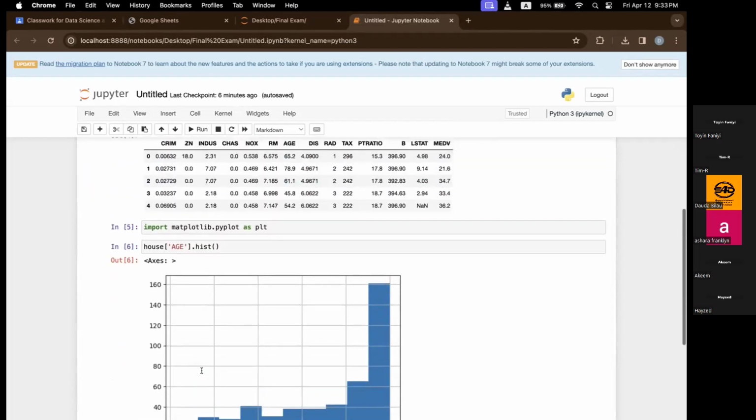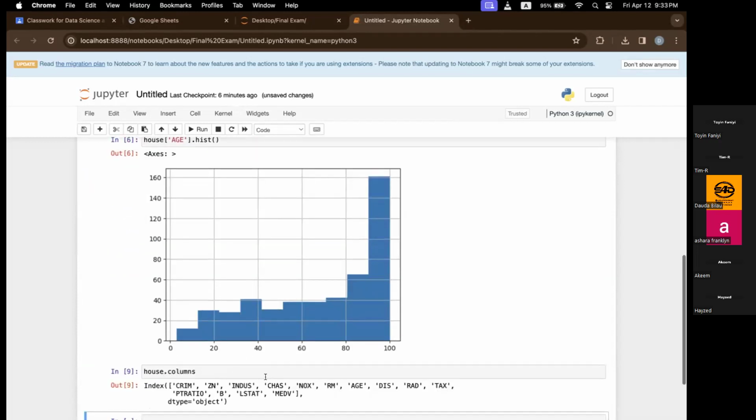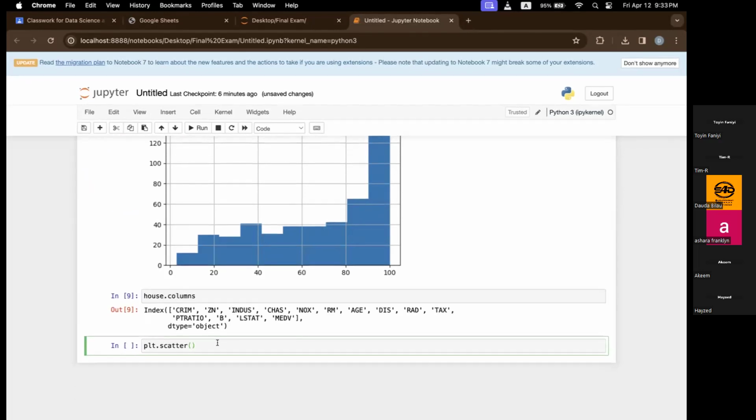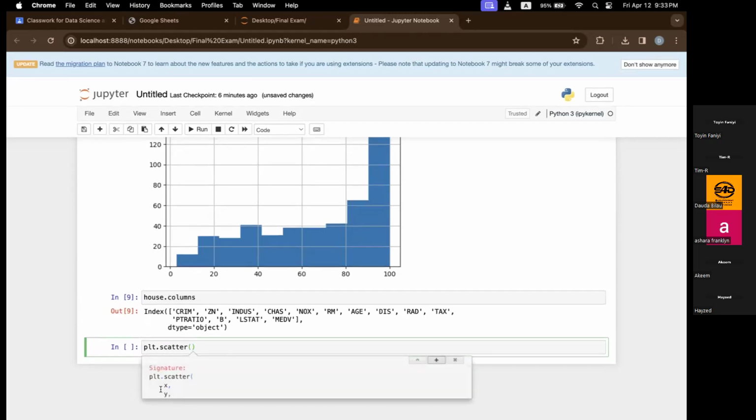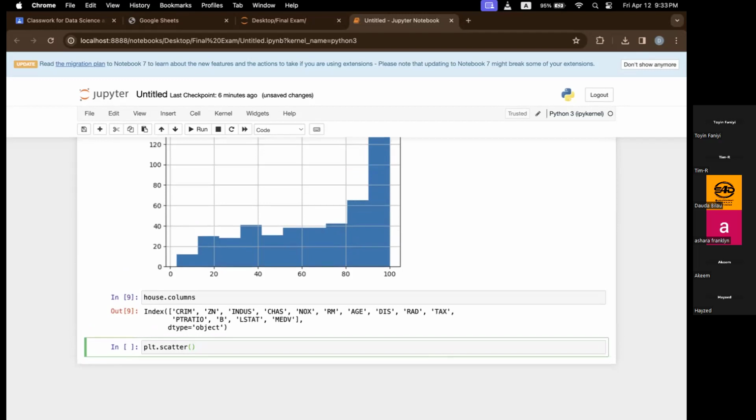If I don't really know, I can just call my house, then .columns. It's going to give me the column names. So I can just say plt.scatter. As long as I call my scatter, I know my scatter will always have X and Y. It will always take in X and it will always take in Y as well. So I can just say, let my X be